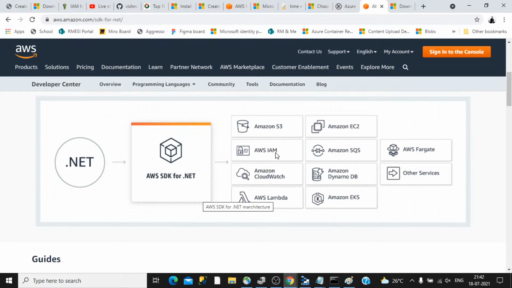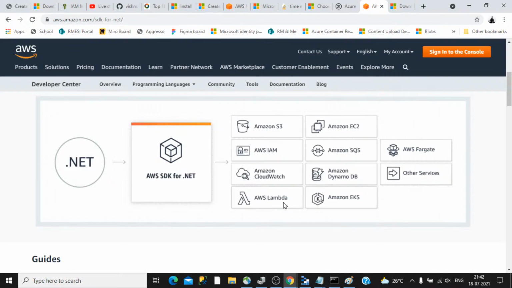In this case, S3 can be connected. If it needs identity management, it can be connected to AWS IAM. Then Amazon CloudWatch is similar to logging, so if your application wants to log something, that can be used. AWS Lambda is a function, similar to the serverless concept, where you bother only about the actual application code, and all the underlying infrastructure and everything is managed by Amazon itself. So that is Amazon Lambda.